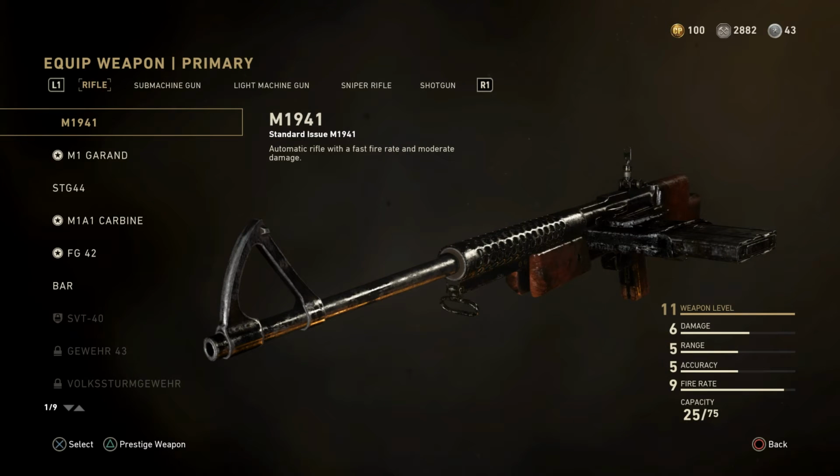So coming in at the number 3 spot, we have the M1941 Assault Rifle. This is the very first assault rifle you unlock whenever you start playing the game. And the reason I think that this gun is underrated is because it's kind of like the FG42's little brother. The only thing is, this is also, in my opinion, what puts it a little bit above for being underrated: